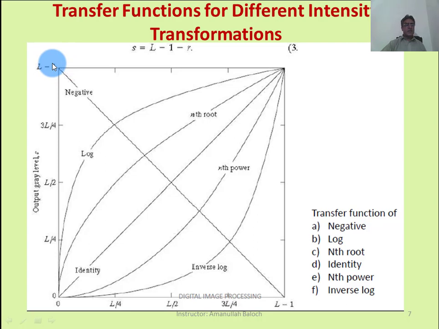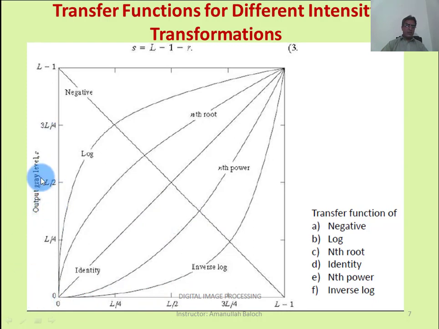Identity image starts from the lower bottom corner, and its graph goes to the upper right corner, while the negative image graph starts from the lower right corner and goes to the upper left corner of the two-dimensional coordinates.